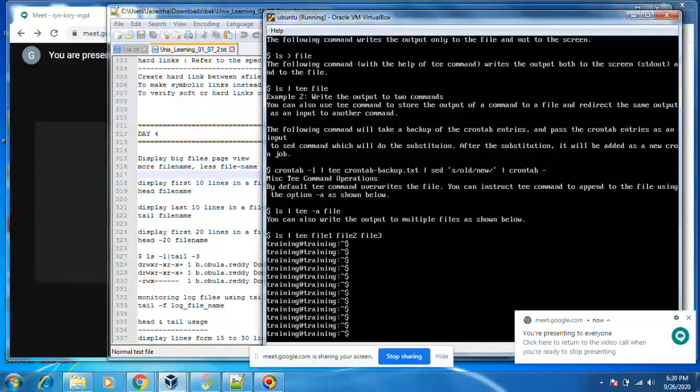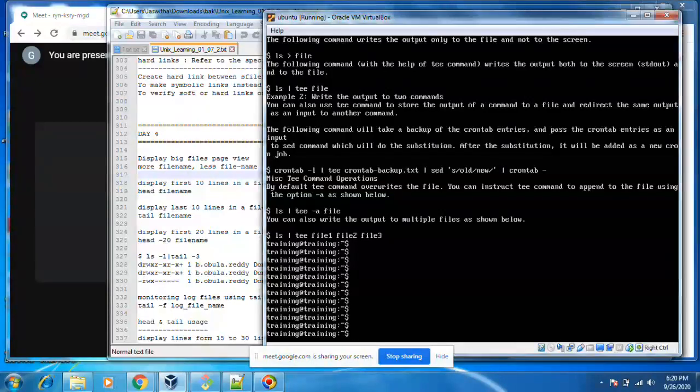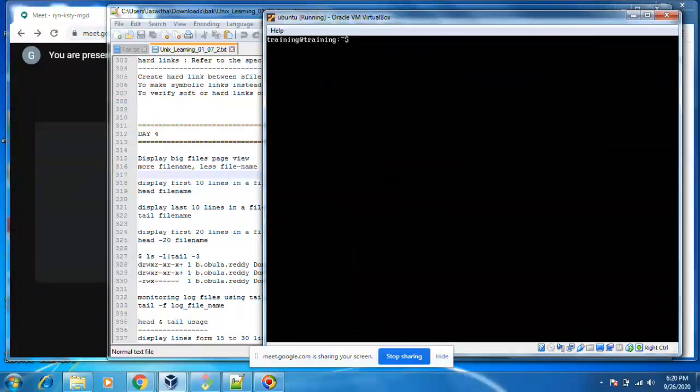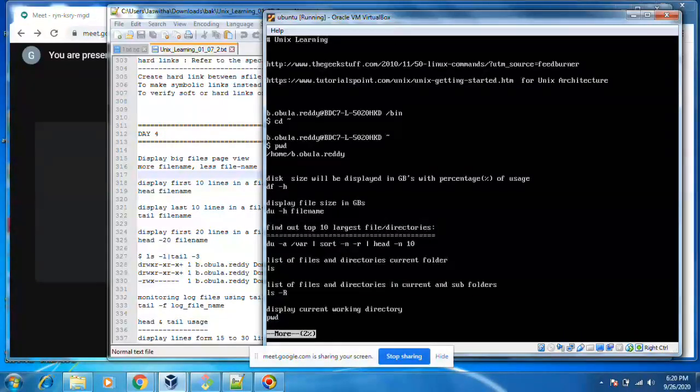Now I can use the more command: more data.txt. You see.